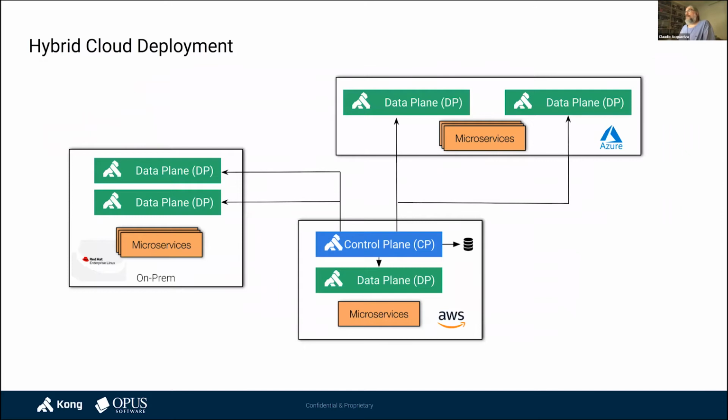So for instance, you got microservices running on premises in a regular Red Hat Enterprise Linux. You got microservices running on AWS Cloud. You got other microservices running on Azure Cloud. The thing is, the API gateway should go where your microservices are. That's the point. This is very, very important. So we are not forcing you to implement the API gateway in this or that infrastructure. As a matter of fact, you are deciding where you want your API gateway